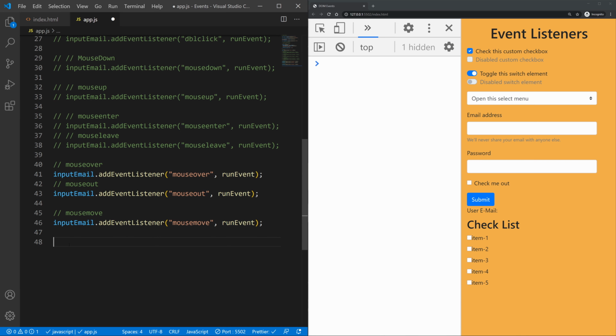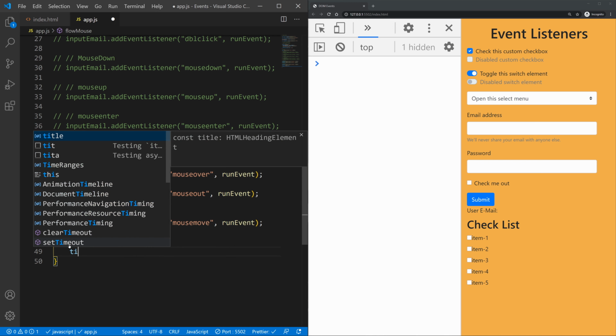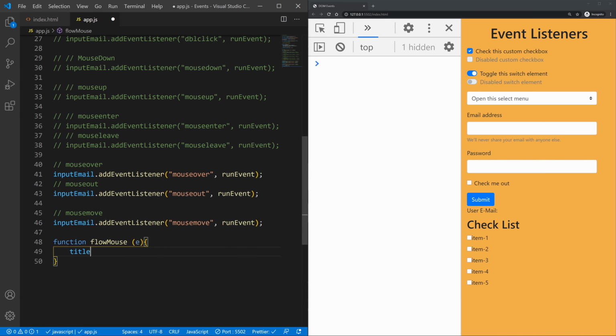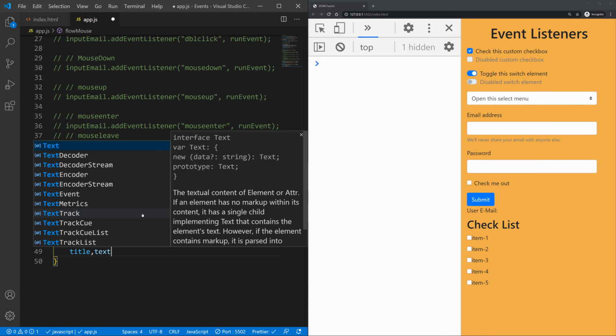Okay, so let me create a function to demonstrate this. Follow mouse, let's say. And let's type in here an event. Let's say title. So now we're going to grab onto that H1 that we created up here. Dot text content